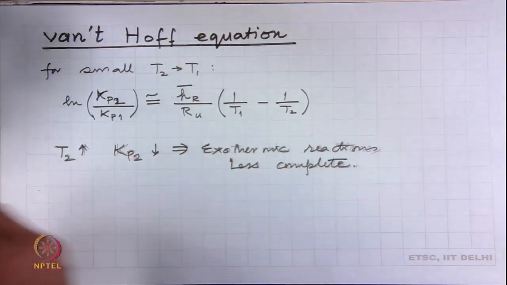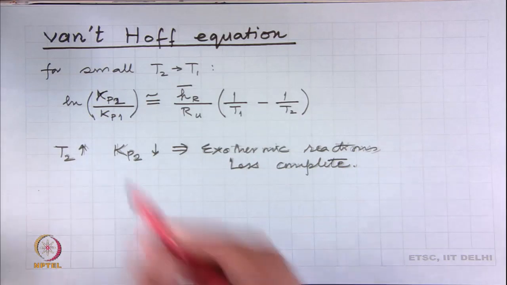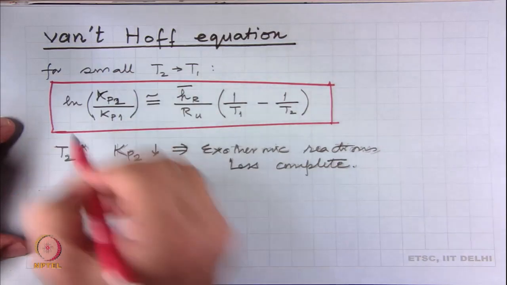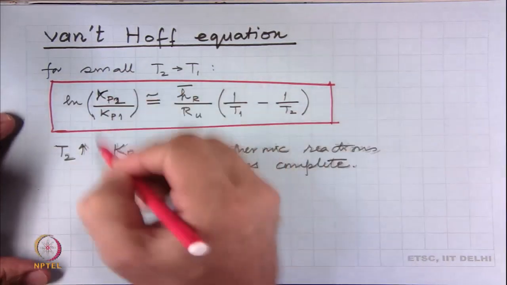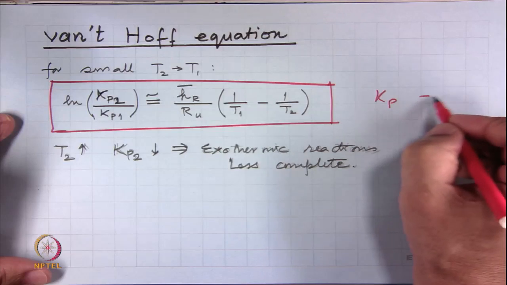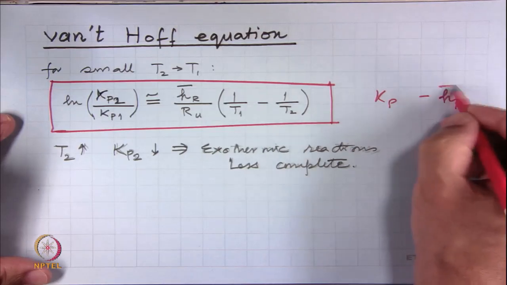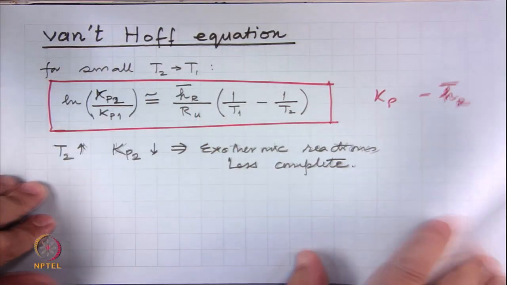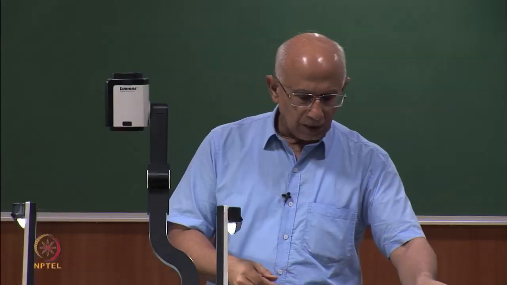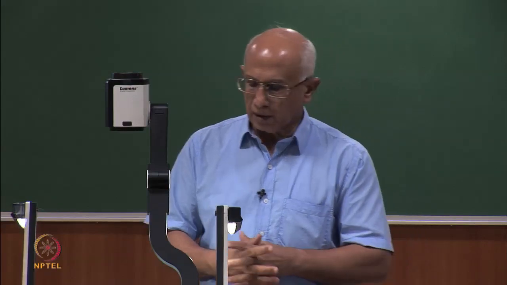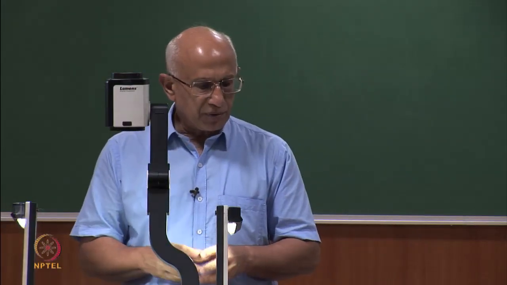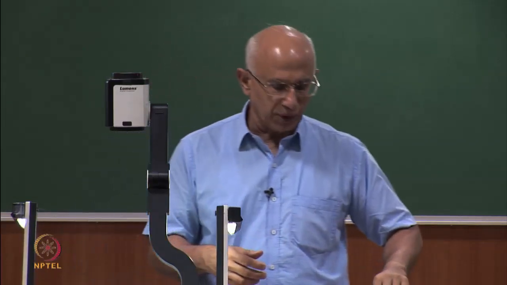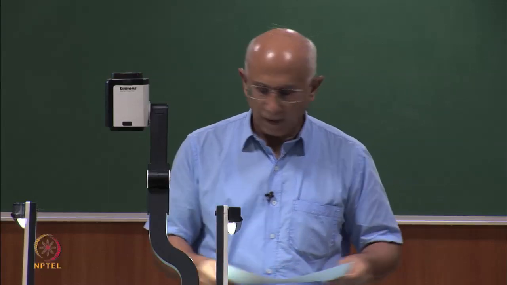So, this is an interesting equation which connects the equilibrium constant to the molar enthalpy of reaction. On one side you have Kp and on the other side you have Hr bar. This is called the Van't Hoff equation. So, that brings us to the end of chemical equilibrium, and we have seen the equilibrium constant, what all it depends on, and how it is influenced by different parameters.